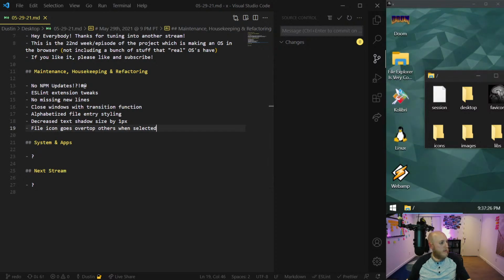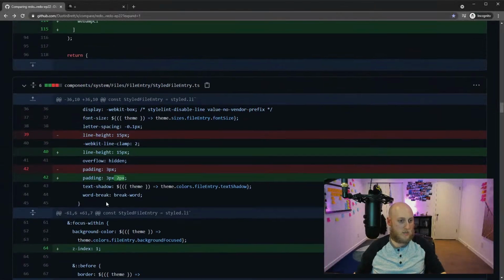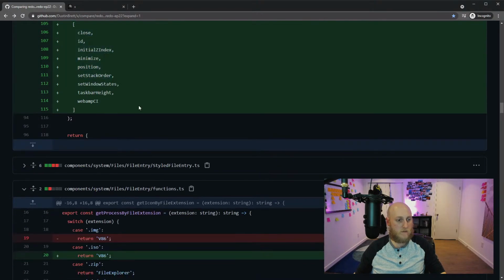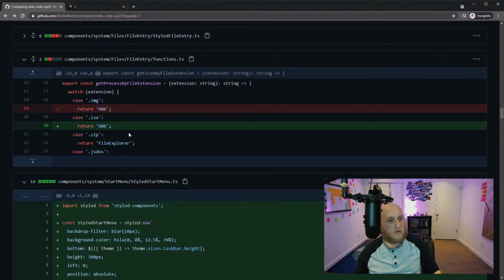Okay, let's look back at the code. I want to get to that problem that I just explained too, but I don't know where it is in the code, so we'll get there when we do. This is the Webamp stuff. This was a minor little change here. I don't even know if I need to do this. No, it's not important. Right now, when you double-click ISOs, I have them opening in File Explorer, so you can look through them.